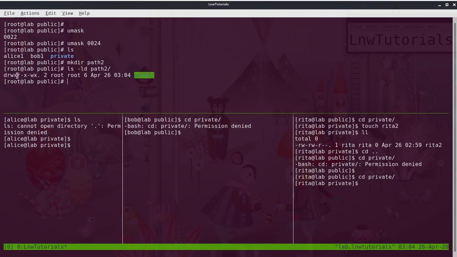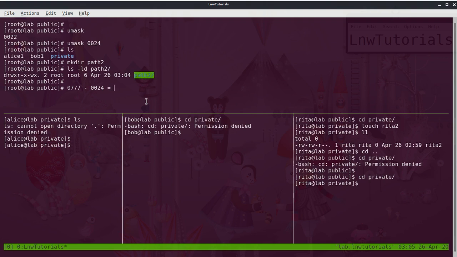For the user, he is getting the full permission because he has this 0, and the total permission for a directory is 7. Just look here. The total permission for the path is 777, and we have given the mask 0024.